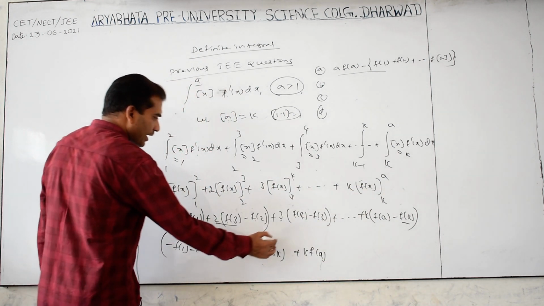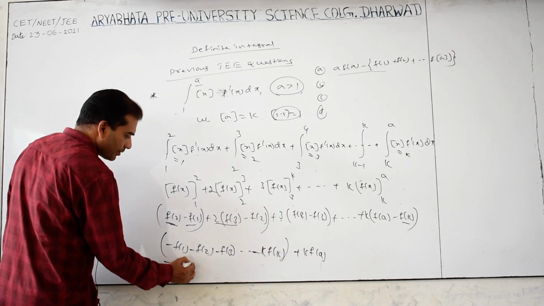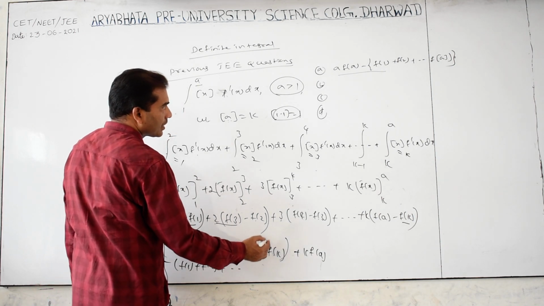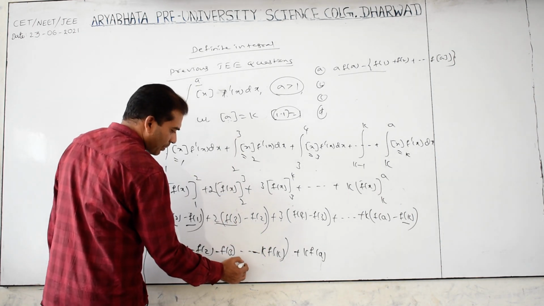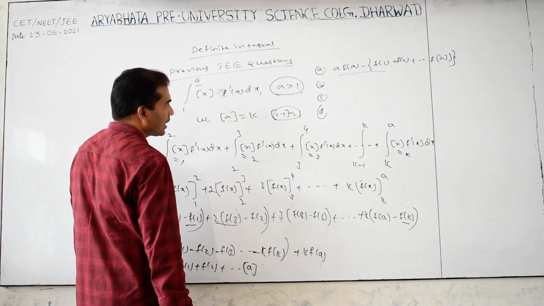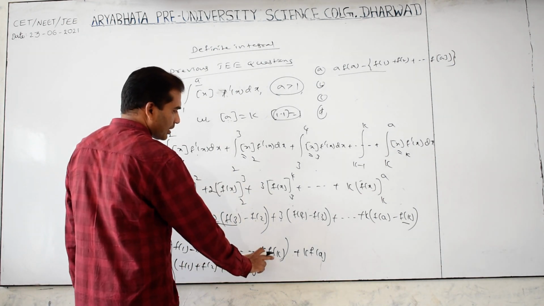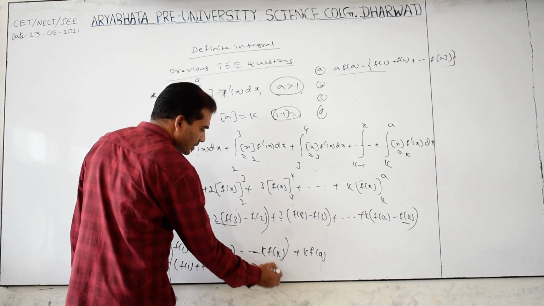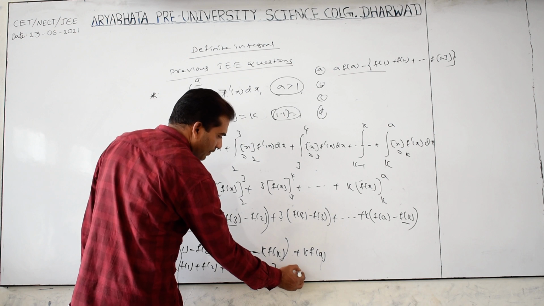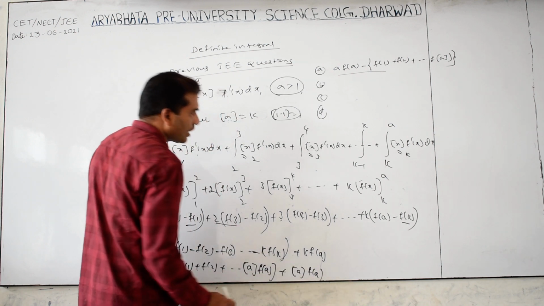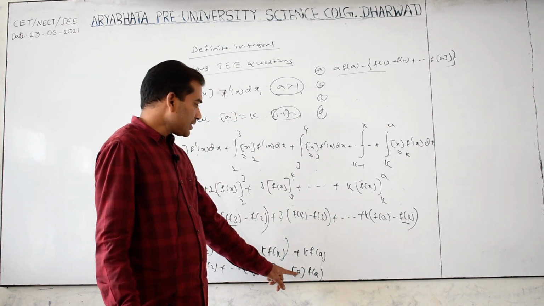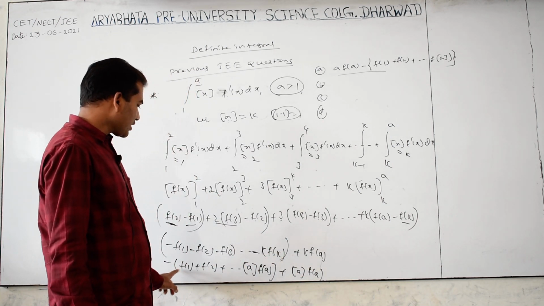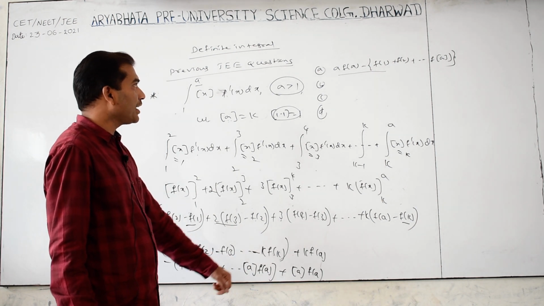So, up to this if you take common, minus f of 1 plus f of 2 plus so on, k is step value, step of a into f of k. What is the f of k? K is a, f of a, plus k is a, step of a into f of a. This is the answer. Step of a is a. So, a, k is equal to a into f of a minus f of 1 plus f of 2, so on, step of a into f of a.